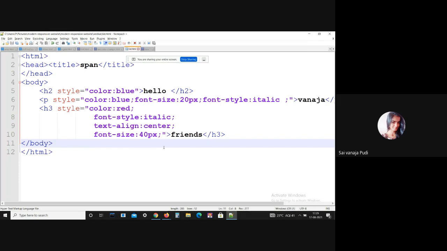Yesterday, for many tags, I gave some class and ID. I said that those things are optional, but if you add some CSS properties, then the class attribute and ID attribute are a must. Let me give one example for this internal CSS.